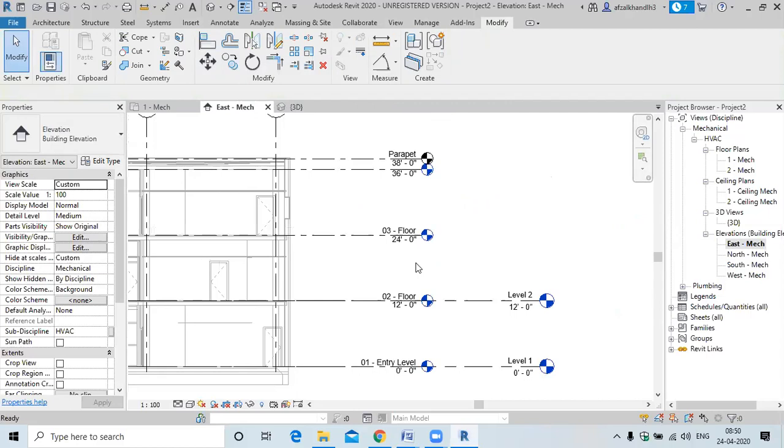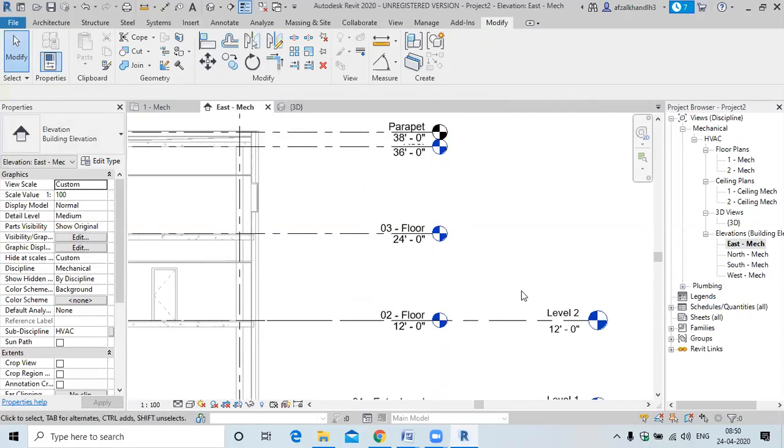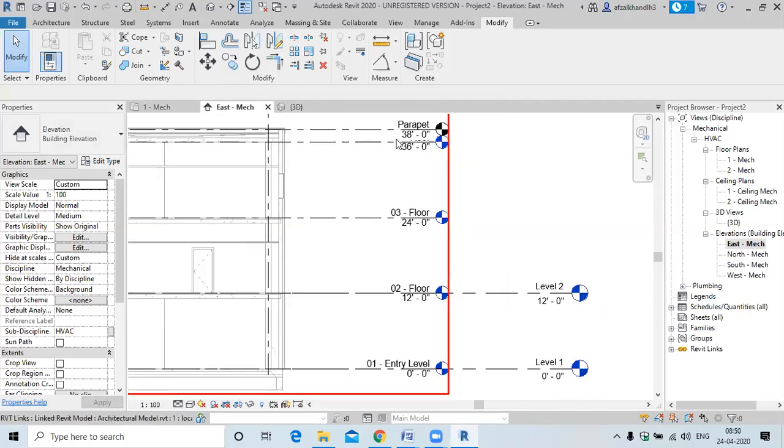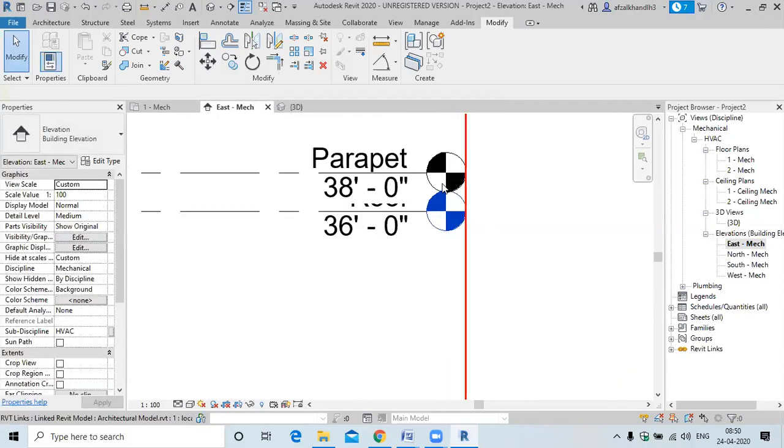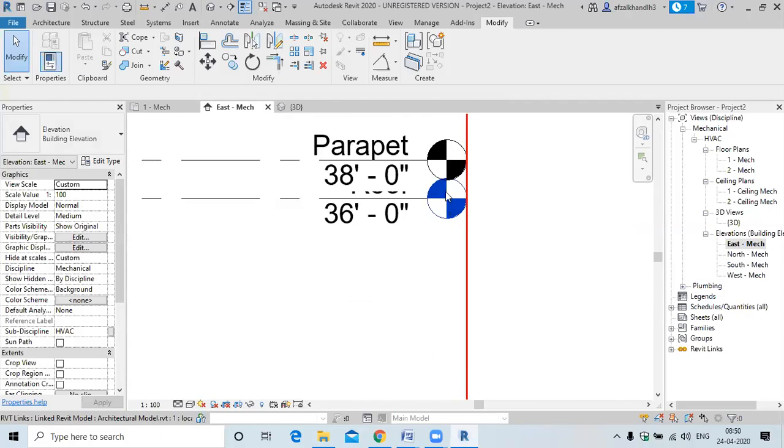Now next we need to create these two floors also. We don't have these two floors in our project. So next, how to create these two levels? Parapet is not necessary because it is not having the floor plan. Listen one thing. This is having black color and this is having blue color. What is the difference? Blue color will have the floor and ceiling plans, and if the level is having black color, it will not have any views. It will not have the floor plan. It will not have the ceiling plan.